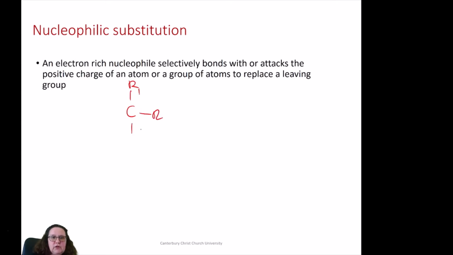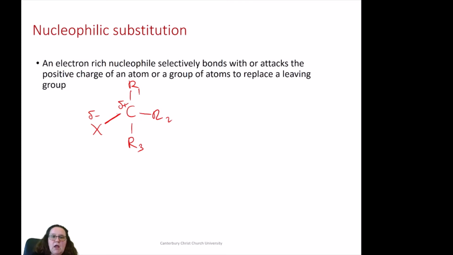I'm going to give just a carbon with various substituents, a carbon attached to a heteroatom, and a heteroatom that is more electronegative than carbon, so again you have this separation of charges. So one heteroatom, oxygen, sulfur, nitrogen, attached to the carbon, and this separation of charges, carbon with a partial positive